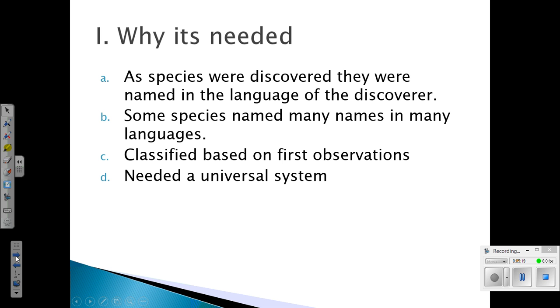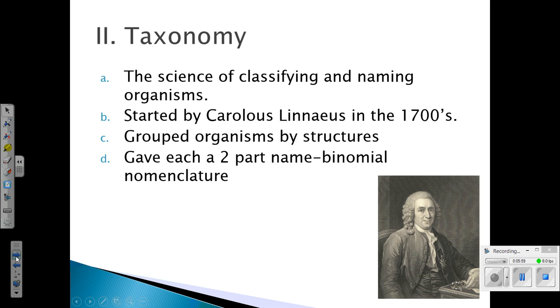Obviously, in every single home country, they had their own names for things. So in China, they had Chinese names for all of the species in their area. So there was no universal system for naming anything. It is highly possible that there could be a Chinese name for something and a Russian name for the same exact species because those two countries are right next to each other. They were based on those unique names and then on descriptor words, adjectives on what they saw.